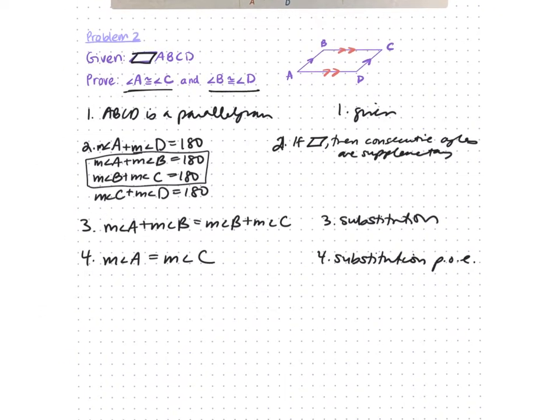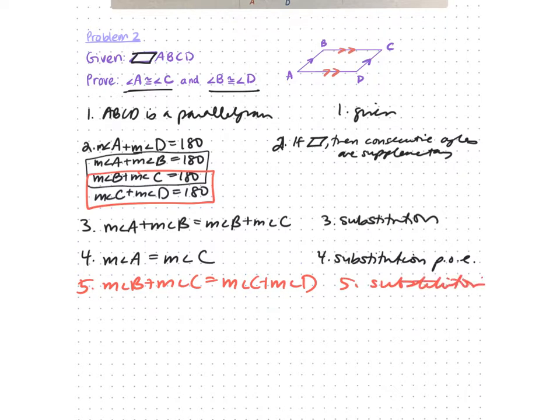So let's change the color here. This one here, once I can set those ones equal to each other, measure of angle B plus measure of angle C equals 180. Oh, sorry, not 180. We're going to set those both equal to each other. Since they both equal 180, we're going to set the measure of angle C plus measure of angle D together. And that is